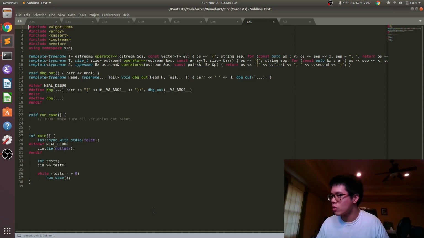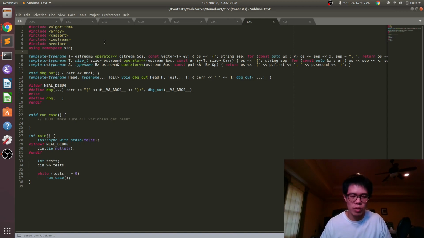Why do I not prefer bits/stdc++.h? So personally, I like just having a shorter list of includes. One reason is that you have fewer potential name conflicts with things by not including everything. And the other thing is that it does increase your compile time a bit. And so it's just a personal preference. I don't think it's a super big deal. Maybe I should include it for slightly faster coding time, but it's not that big of a deal to me to just add an extra include up here when I need it.